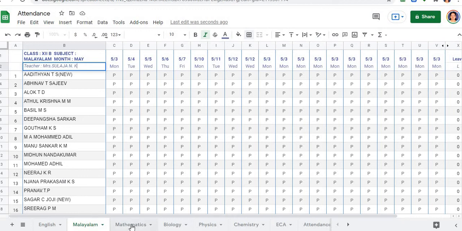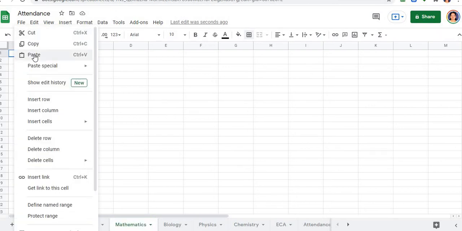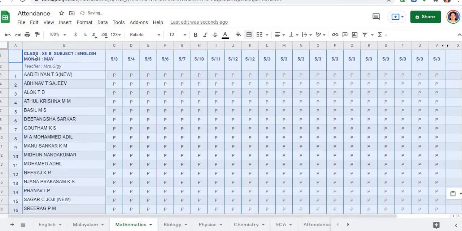The same can be done for Maths. For Maths, I can accordingly copy this. Click on Maths, and you have the blank sheet. This time you needn't copy again. You can press on that and click on paste. You have the spreadsheet that was already copied, now pasted to the other pages.